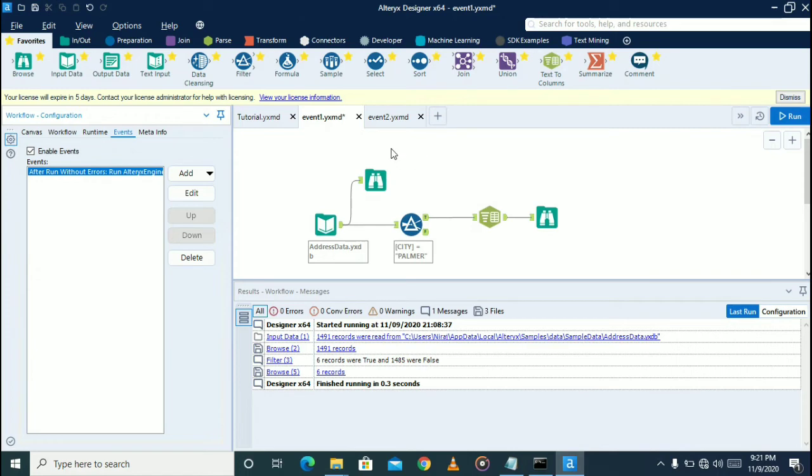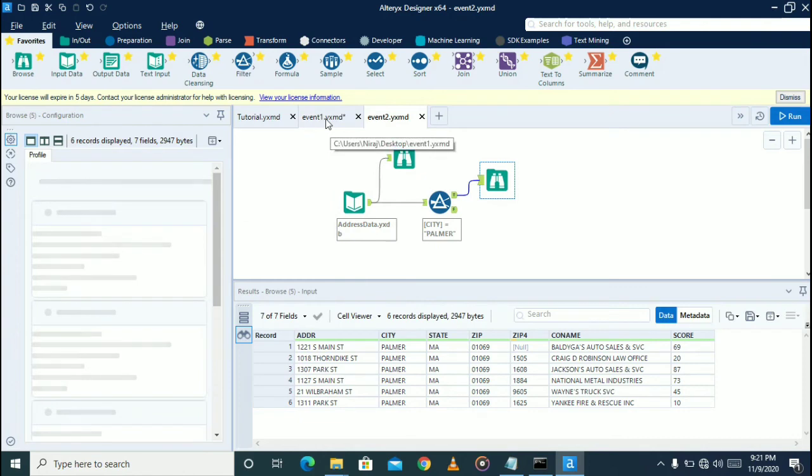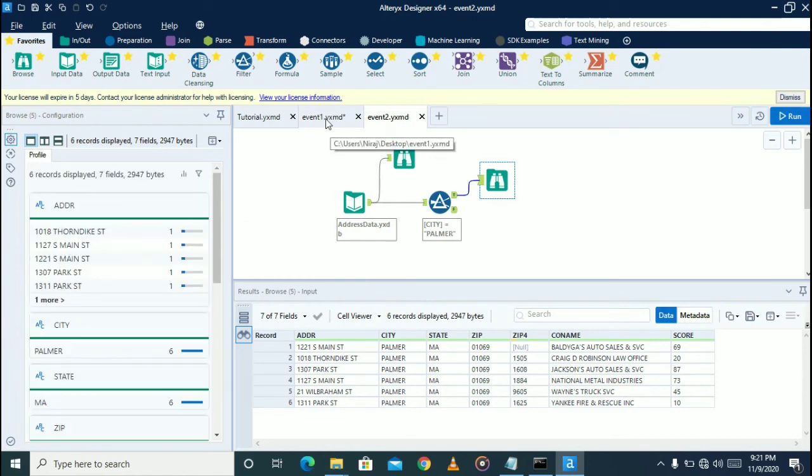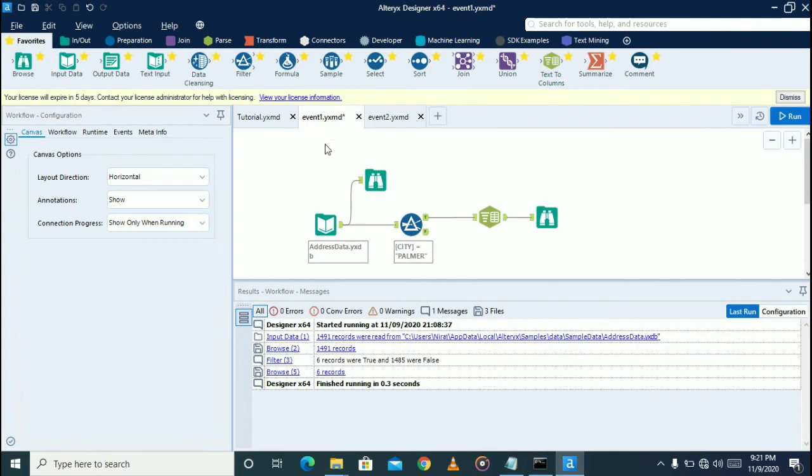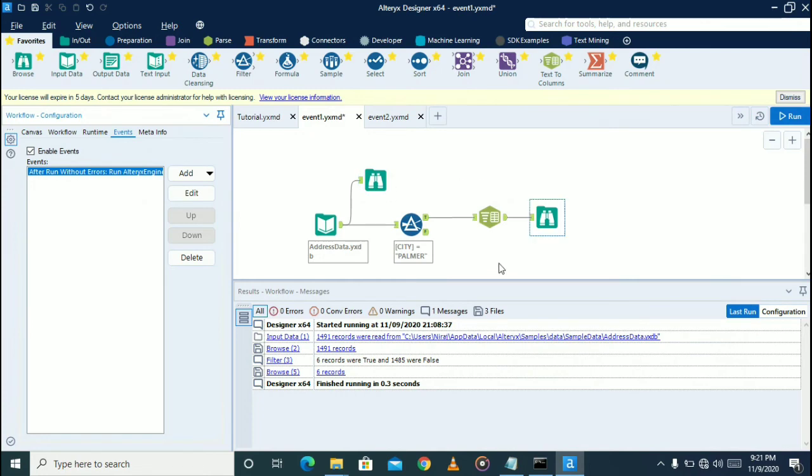I don't have a gallery or server here where I can schedule it, so I am just showing you an example so that you can see how to work with the event. I think you all now know through this video how to set up our event, so that if you want to run two workflows one by one, or you can add more workflows.